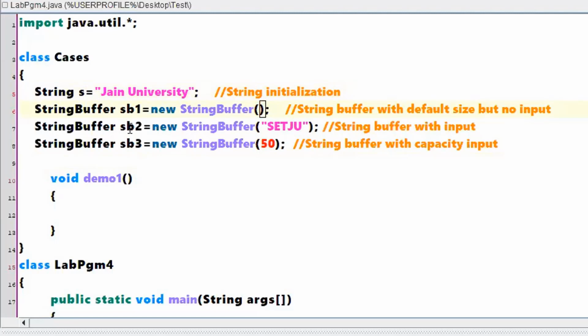The next one, SB2, that means string buffer 2, has some value SCTJU. And the last one is a string buffer object, SB3, which has a size of 50. I already told you, if you are specifying int followed by a number, this is nothing but a capacity.